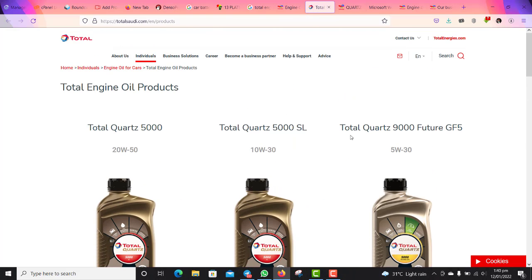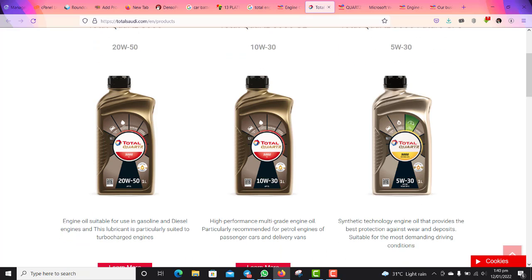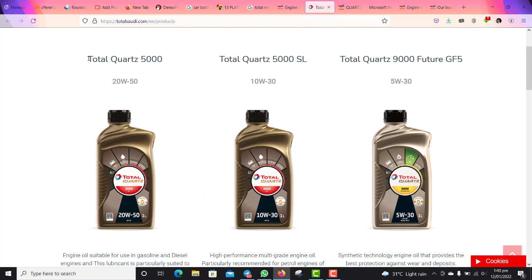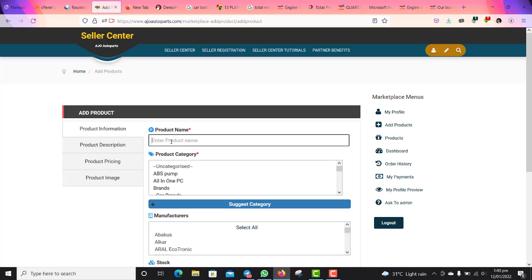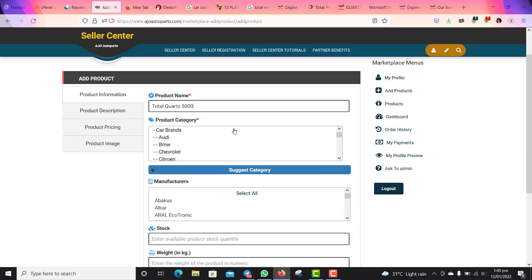Okay, so we have the Total engine oil products. We will take the first product, that is the Total Quartz 5000. So this is the product name. You can just copy it, then we come back here and paste the product name, and then select the category. Okay, this is actually under the engine oils category. So if you know